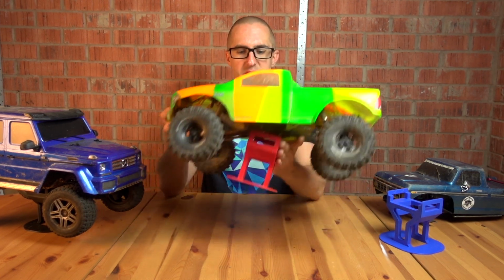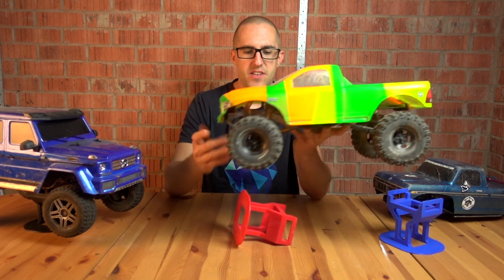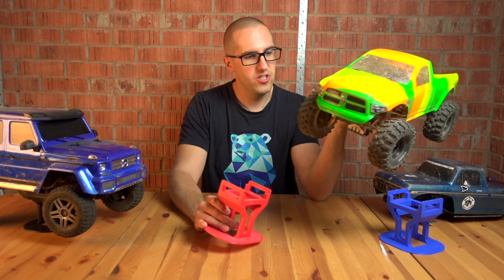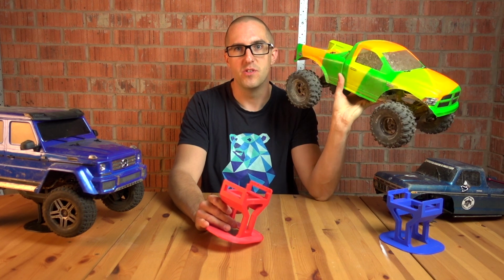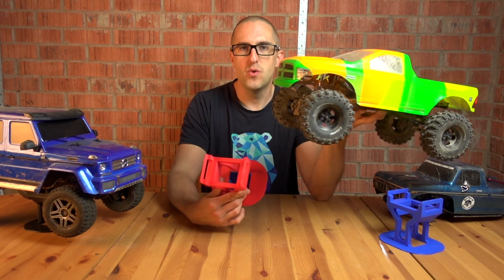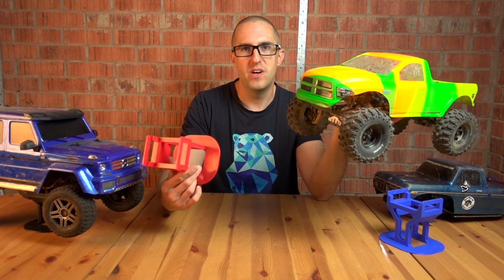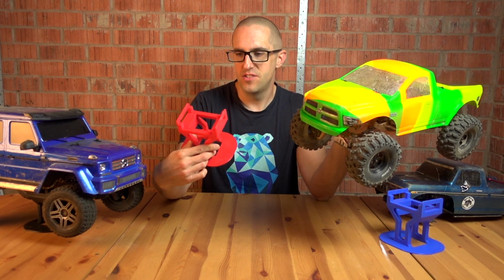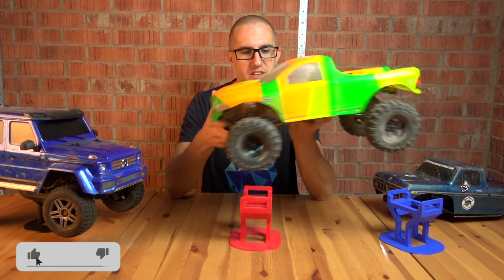Alternatively, invest in one of these stands, and every time you go to take out your crawler, your wheels will be nice and fresh. Still dirty if you don't bother to wash them, but they will be nice and fresh. And yeah, what more can I say? They've performed well. I've not managed to smash one by knocking it off a shelf, and they look the part, and they're much easier than 4 little axle stands because you can just